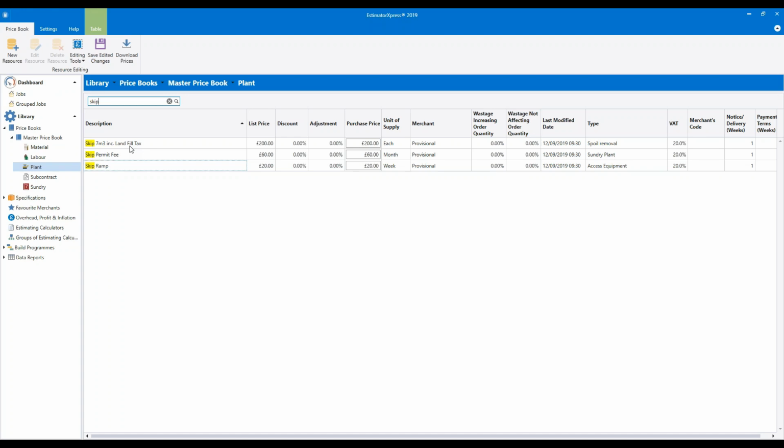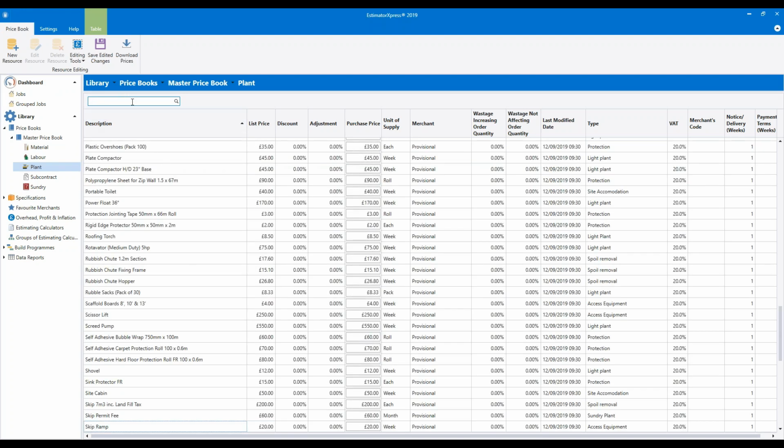Around most of the UK, we find it's £200, hence it's set to 200. But in some parts of the country, we've heard it can be up to £250 or £280 each. In London and Oxford and so on. So if you don't update that cost there and you're paying £280 per skip and you have 10 skips over the course of a job, you could be 800 quid out of pocket just on your skips. So it's obviously important to make sure these things are right. So I'm going to click the X button again.